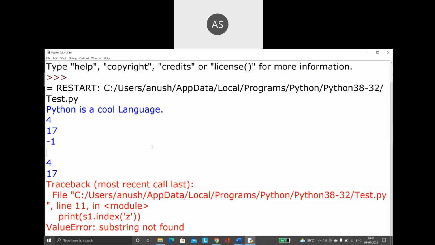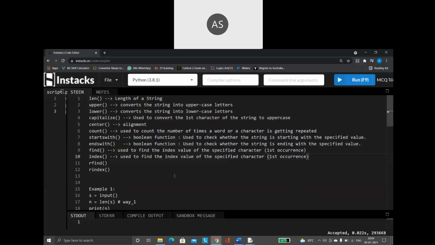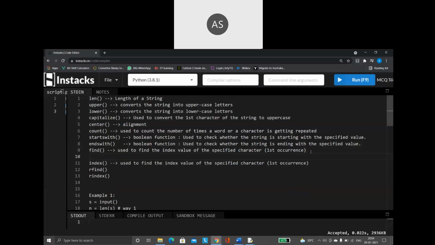It is saying -1. So remember, if the character for which you want to find the index value is not available, then my find function will return -1.